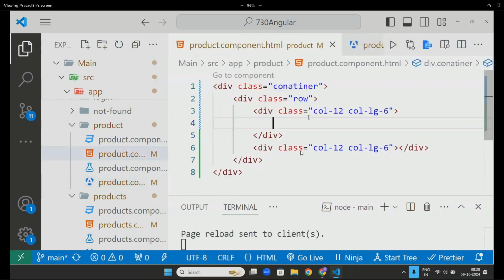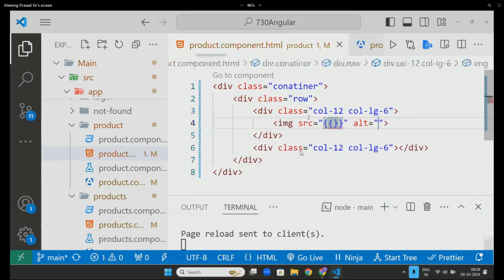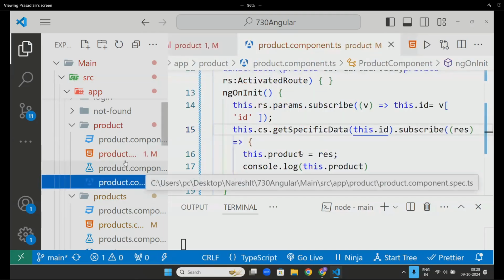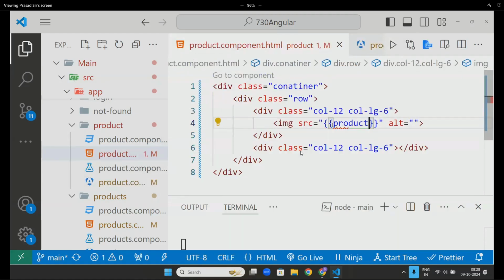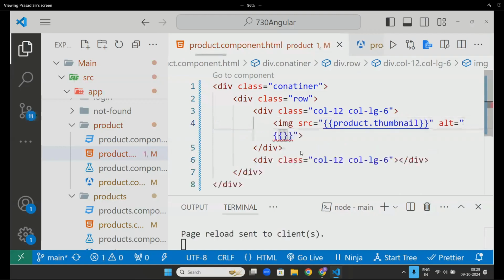Now here it will print. What will I print? IMG, which is the product dot thumbnail, and product dot title.